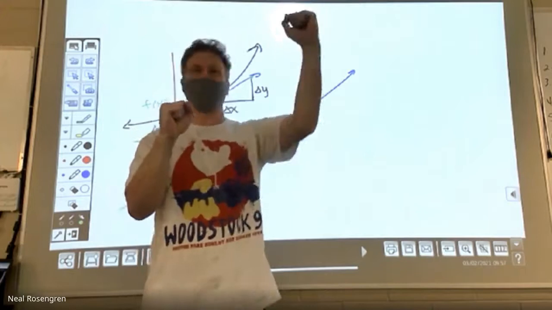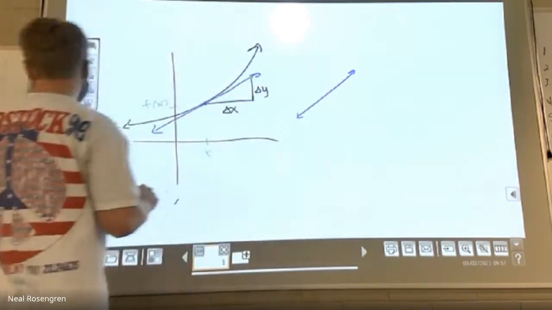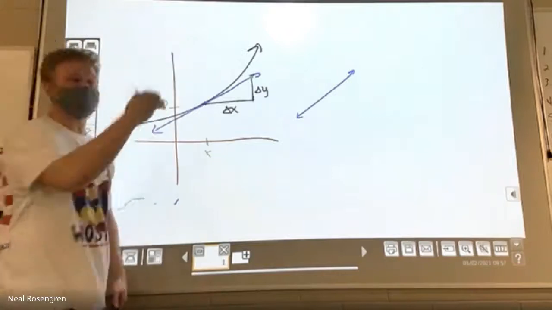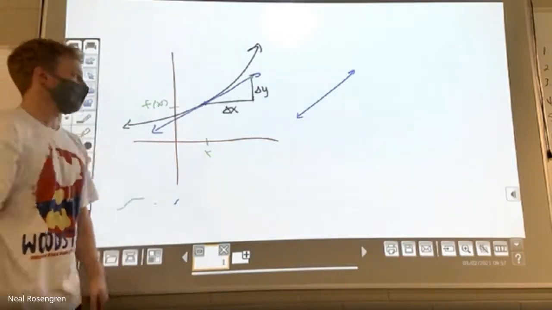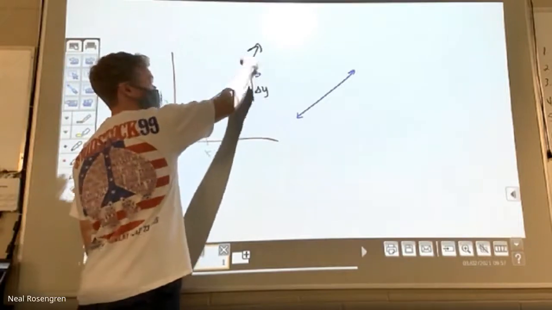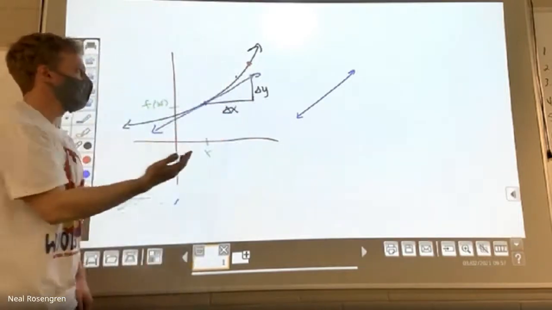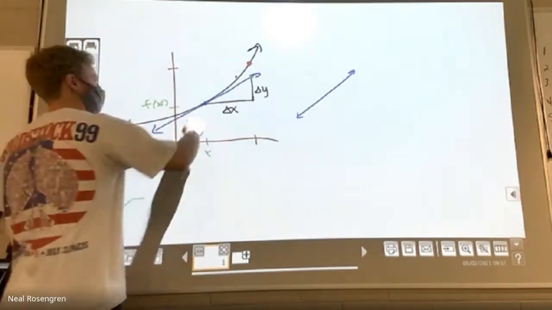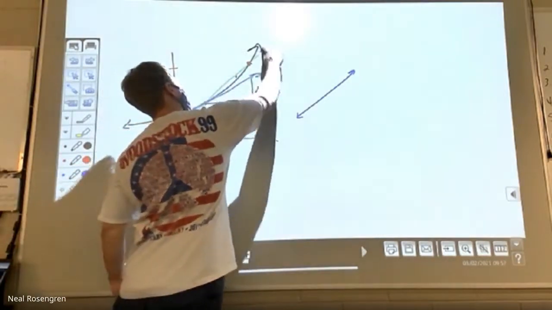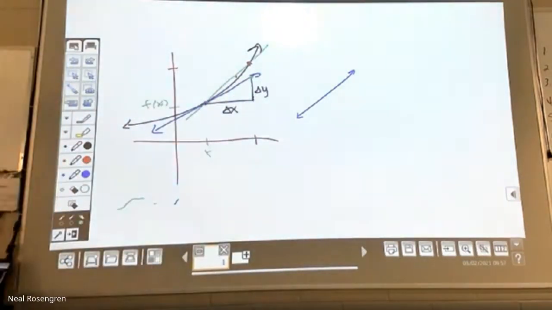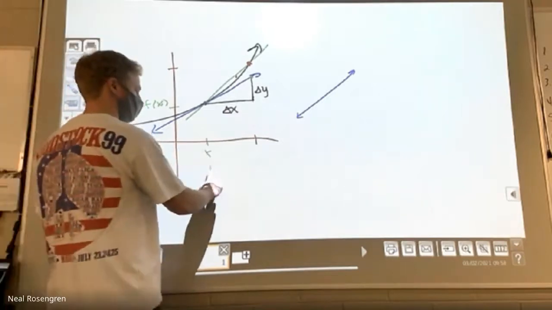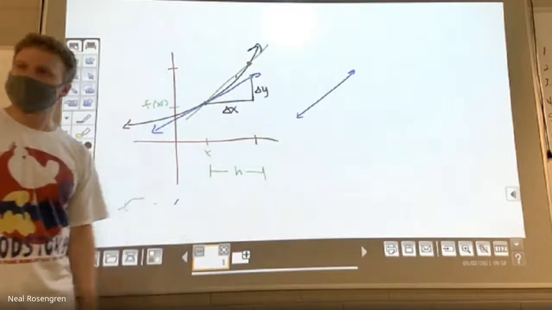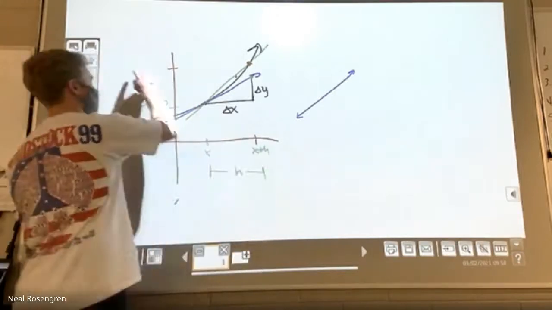But if I had a second point, I could find the slope. And they said, well, I don't know anything about the blue line, but I do know everything about that black curve, whatever that is. I could find a second point over here, close to that, just a little above it. To say, okay, I've got a point right there and right there. Let's talk about the slope of this line, if that was straight. The blue line and the green line are kind of close to being the same. Are they the same though? No. But if I could measure that horizontal distance right there, I call this x plus h. So this is f of x plus h.